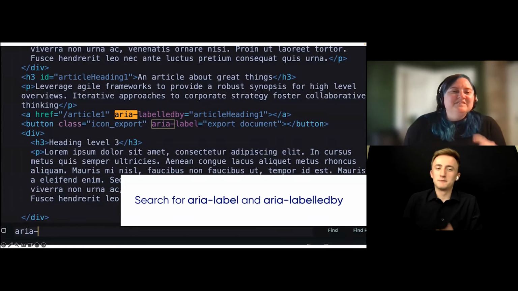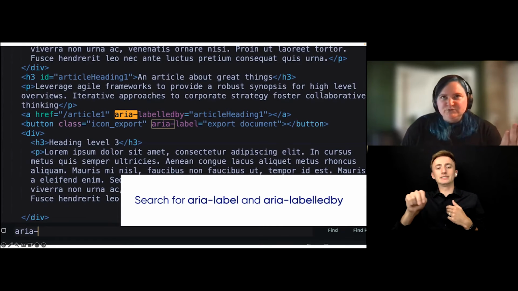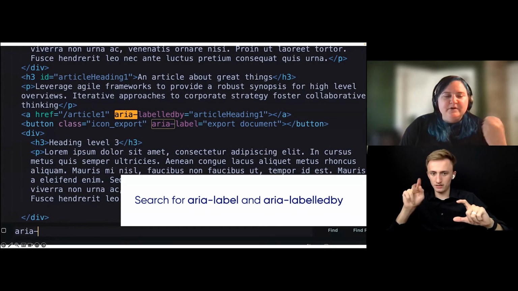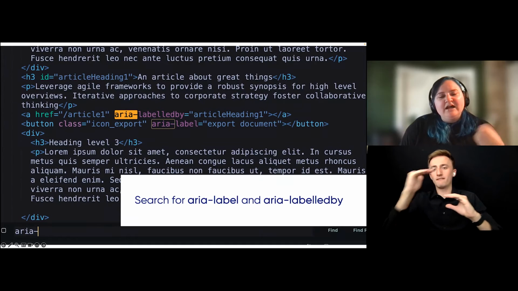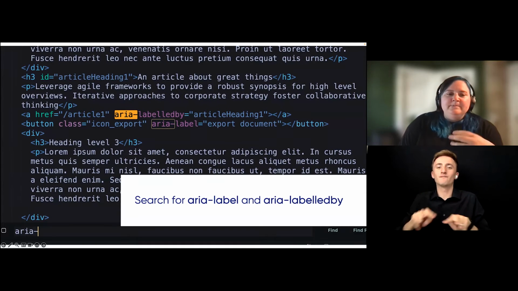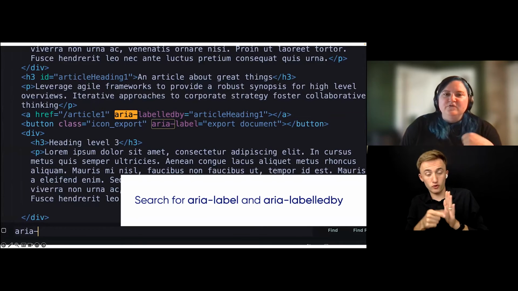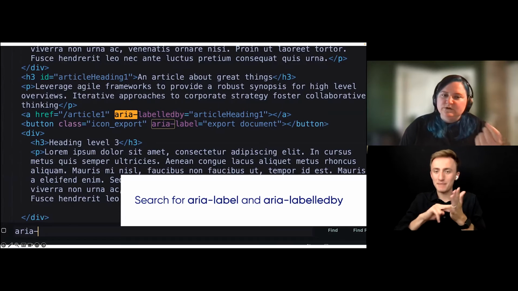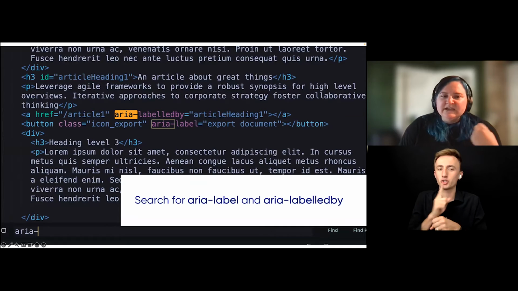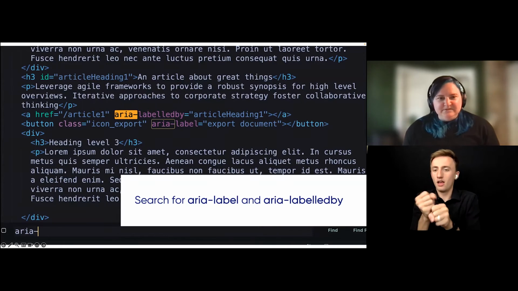Okay, back. Following that is a button element that has a class of icon export. So it's clearly a visual icon that is displayed as the content of that button, which may be the case for the link above it as well. And we have applied ARIA dash label to it of string value of export document. If I'm looking at this code review, I want to make sure, one, that ARIA label value is meaningful. It describes what is going to happen when that button is activated. And I want to make sure it's human readable. I can't tell you how many times I see people smash words together or hyphenate everything. And that becomes a really negative user experience.